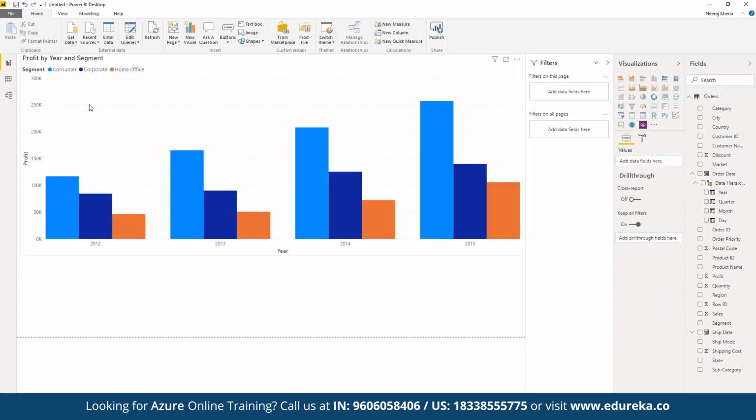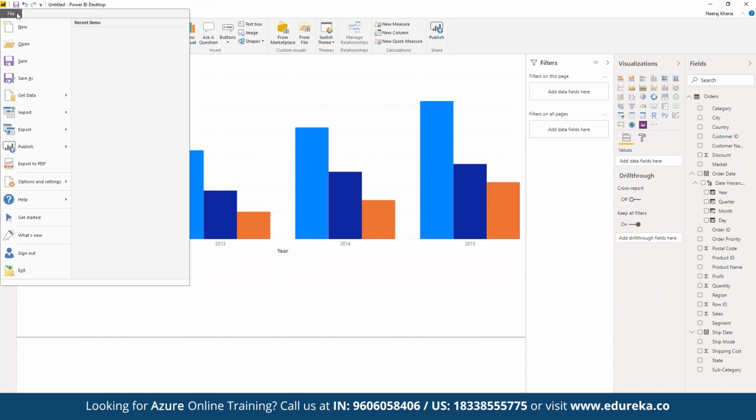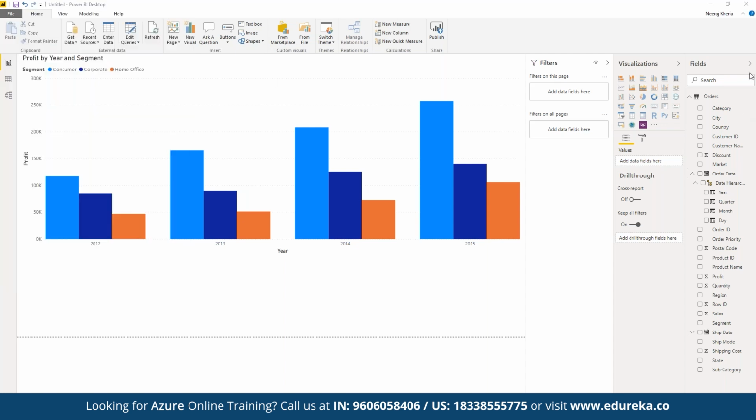And once we are done, we can simply go to the file section, and here we can save the entire report. We can export this to the PDF as well, or we can generate a complete visualization dashboard where we can click on publish. And then when we simply publish, we can create a complete dashboard through which the end users can interact with the entire data set that we have defined. So that they will be able to interact with how the data has been defined, and then they can work accordingly.